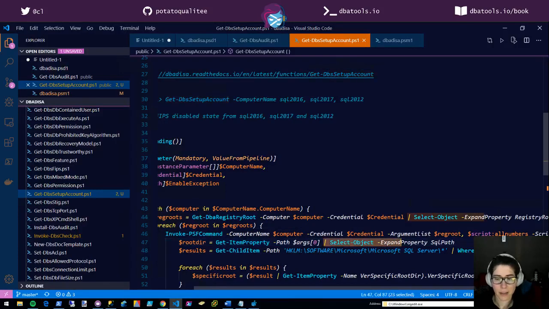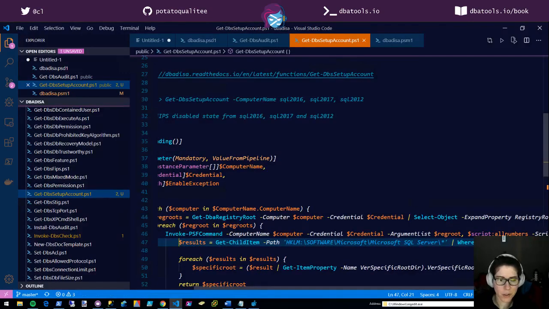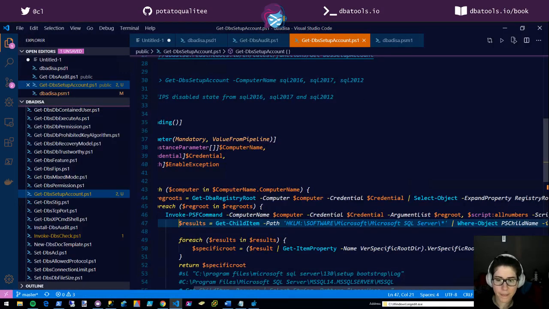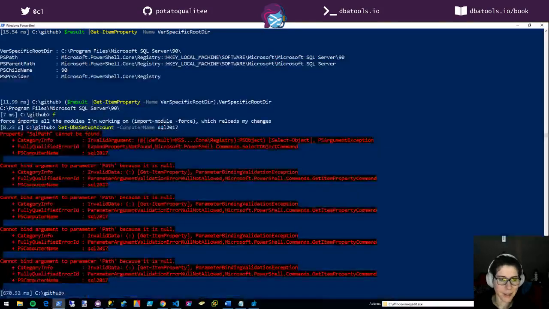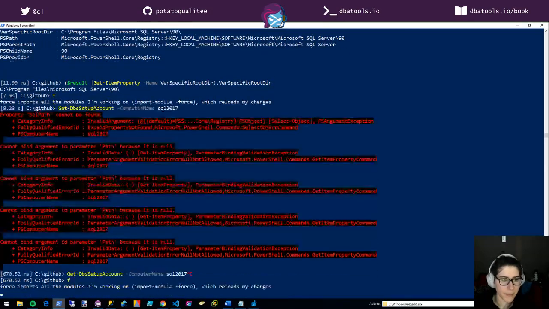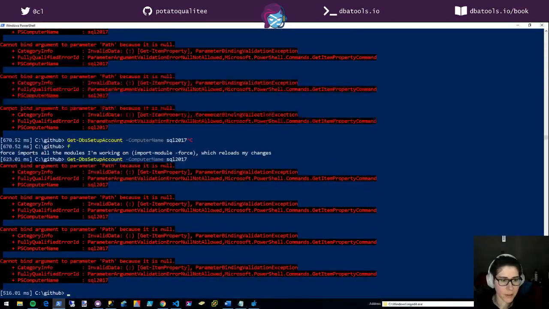Fine. I didn't need that anyway. I don't think I'm using the root dir at all. Maybe I'm just not even using the root dir. Why is the path null?